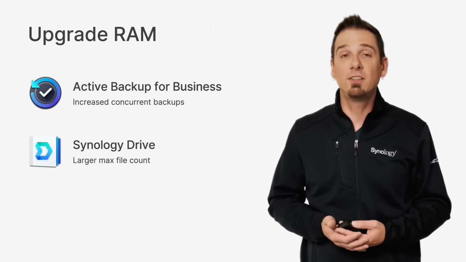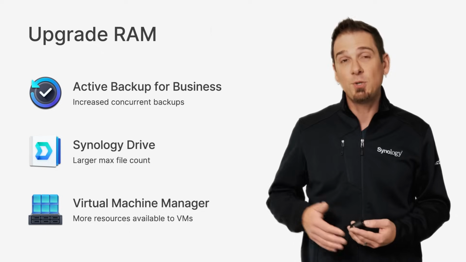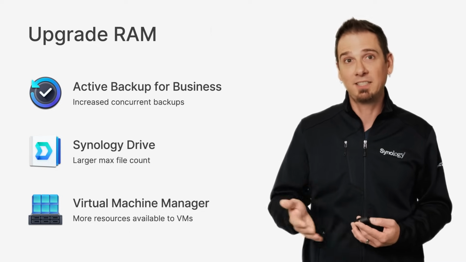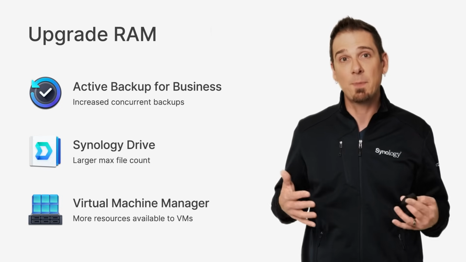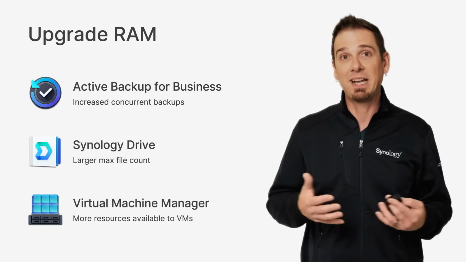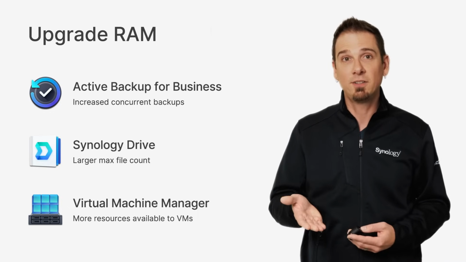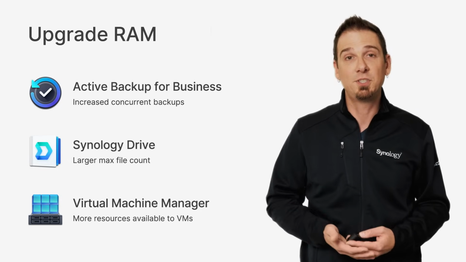And if you're using Synology's Virtual Machine Manager, which is our lightweight hypervisor, you can allocate RAM to your VMs. So if you'd like to run several instances of Windows or Linux on that machine, having the additional RAM in your 923 Plus makes it available to allocate to each of those machines, which will in turn allow you to fit the software requirements of whatever it is you're running those machines for.